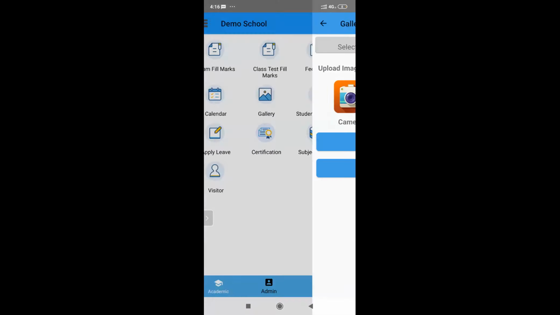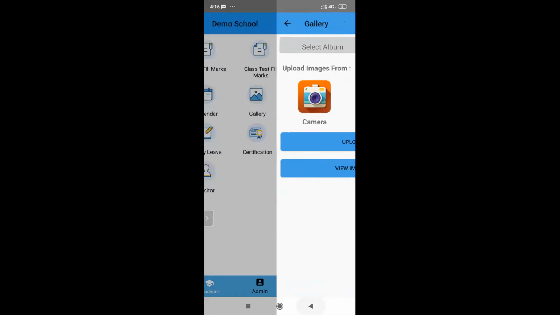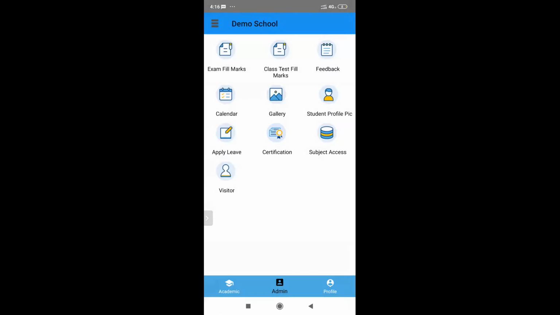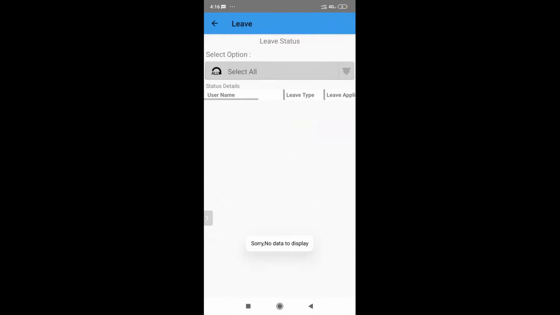Gallery, again, albums can be created by admin and the teachers can either view the albums, or if they have any pictures, let's say for a competition, they can upload the pictures to the album also. They can update the student profile pics. Leave, they can apply; there is a prior setup required for it. You can apply for a leave and also check the history.